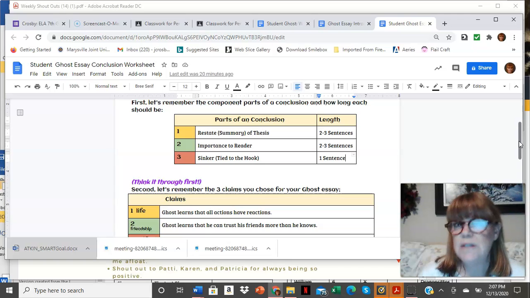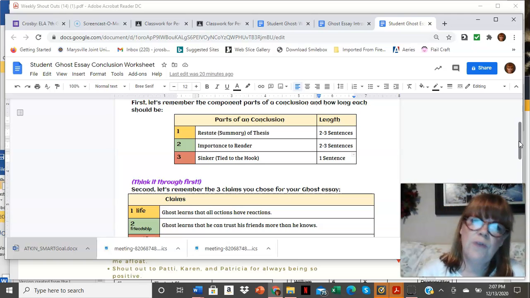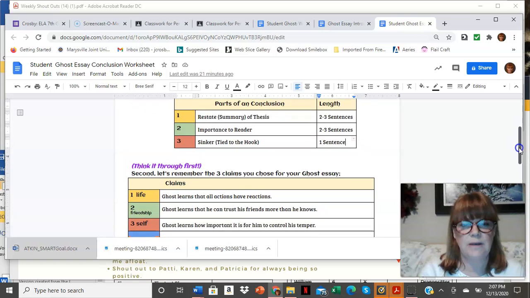And then you're going to end with the sinker, and the sinker should tie back to your hook. So if you asked a series of questions, you'll ask a question again. If you did an emotional appeal, you'll go back to the emotional appeal. Now again,